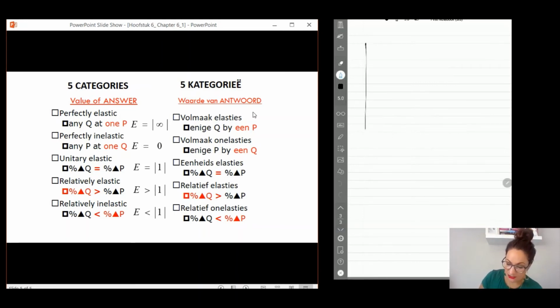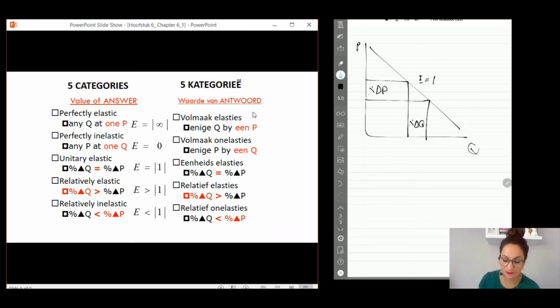The next one is unitary elasticity. So again, demand. You can use supply as well. It is the same principle. This means that the percentage change in your price equals the percentage change in your quantity, and that's why your elasticity coefficient will be 1. With regards to your relatively elastic demand or supply, demand